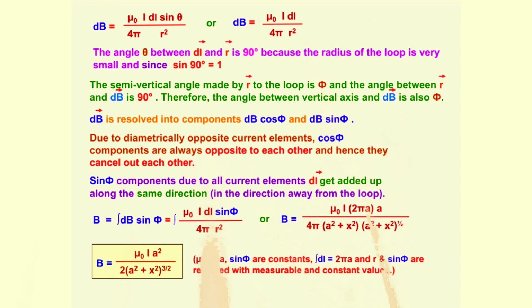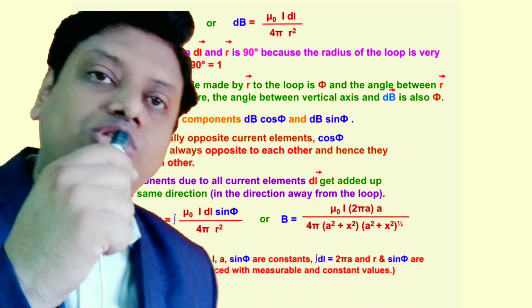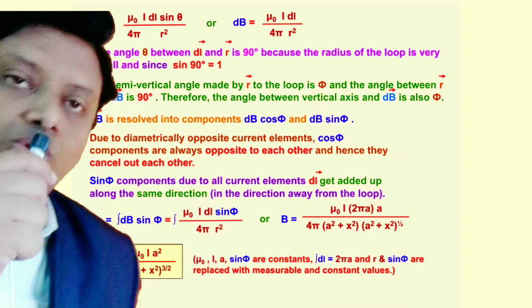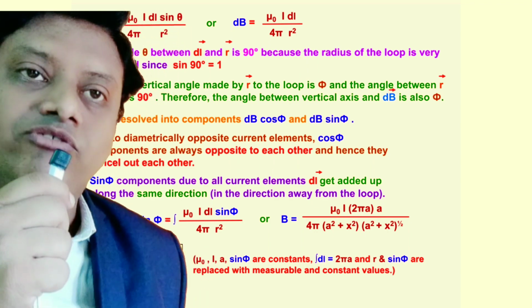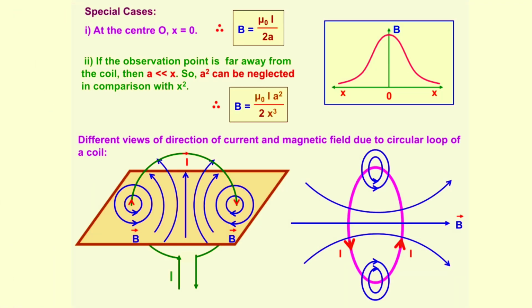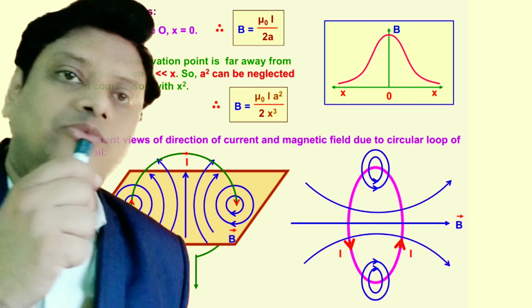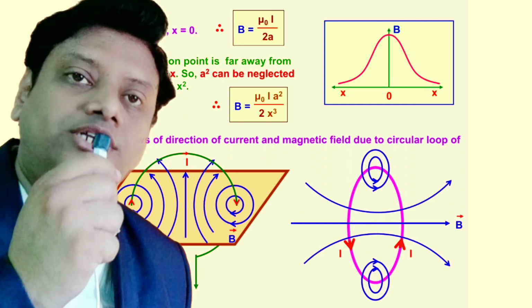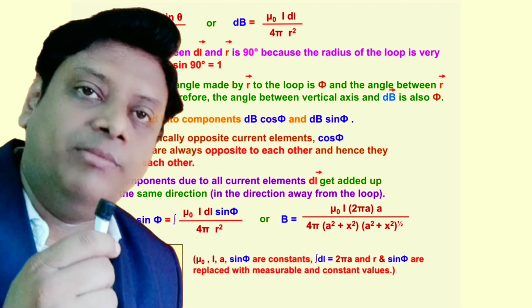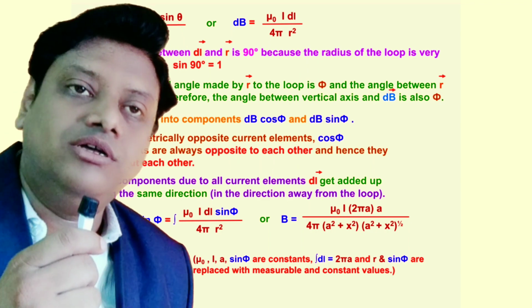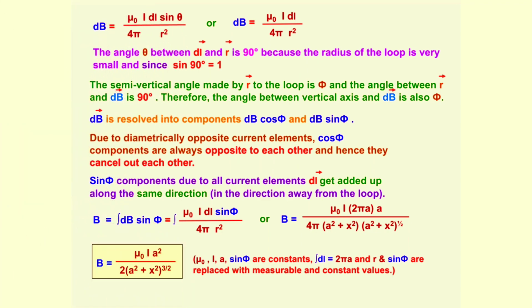Now there are some special cases for this. A special case we can take is when we want to find the magnetic field at the center of the coil. So we come to the next slide after this. See here on the board. Now we need to consider the special case when the magnetic field is to be found at the center point. So for this we will consider that the observation point P now comes to the center of the coil.